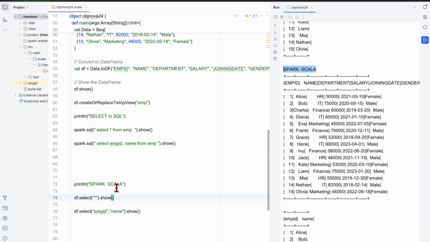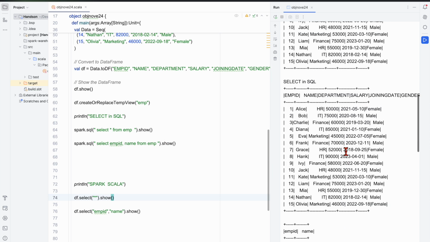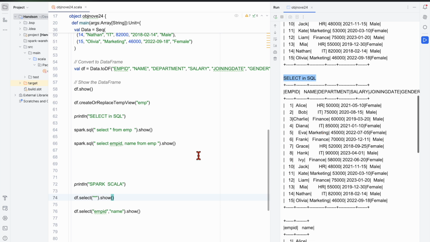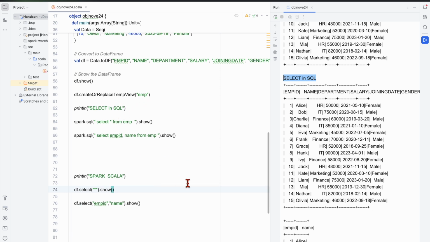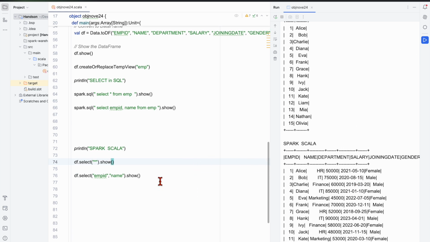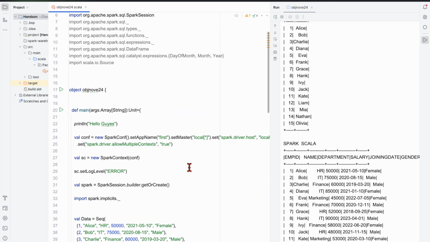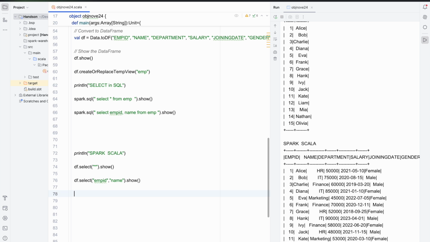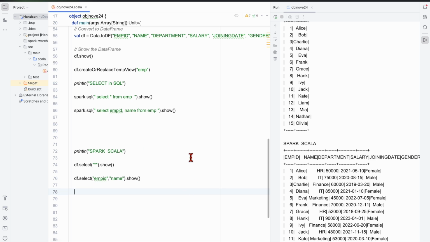You can see Spark Scala, and before that we did the same thing in SQL. So now you can understand the difference between how we can run it in SQL and how we can run the same thing in Spark Scala. The same things we can do in Python also, but here I am working on Scala only. In the next video I will explain how to work in